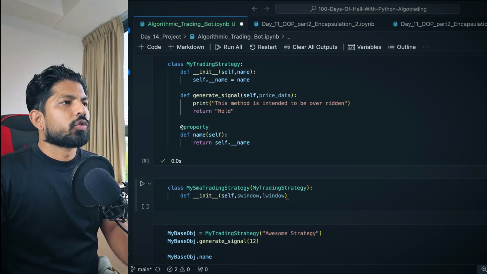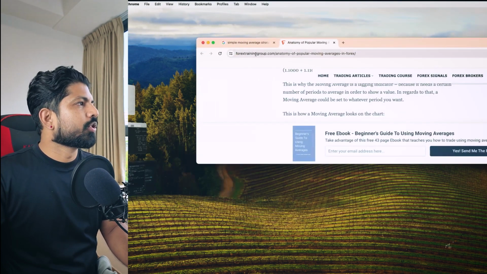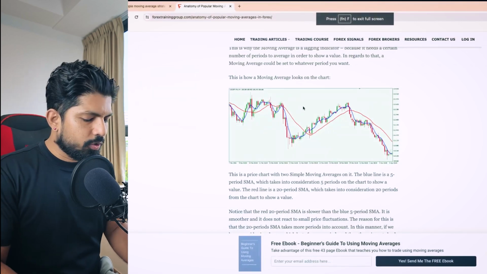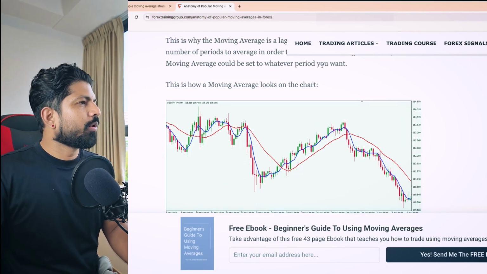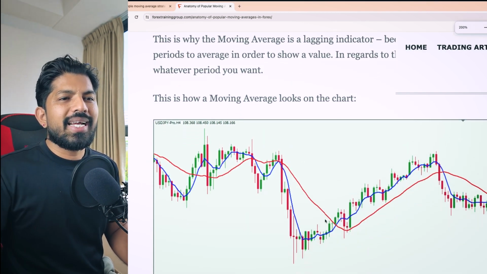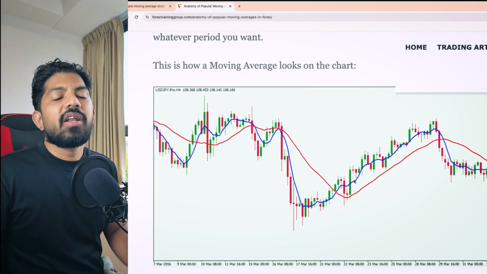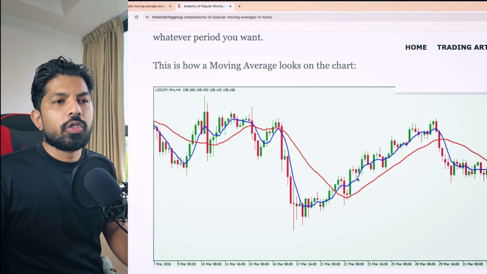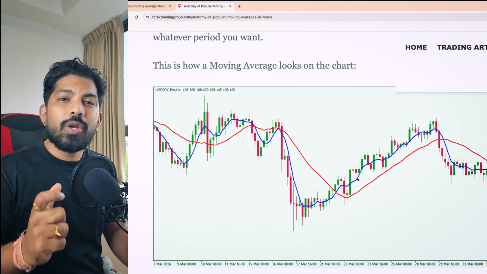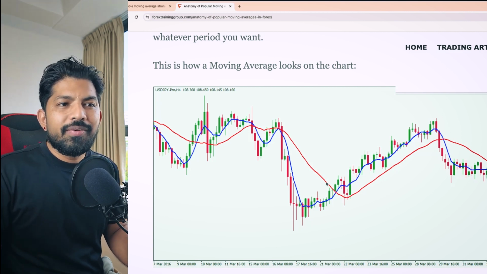What I did here, I randomly searched simple moving average, and let me show you what it is. Let me zoom it out a little bit. Hope you are able to see this. You can see here we have this chart, and inside this chart we have 2 lines. One is blue and another is red. Let's say I define this blue line as short window. Short window and long window means I want to calculate 2 averages. Short window, let's say for 3 bars, means it will calculate the previous 3 bars average. So let's say 1, 2, 3, and it will display here. Correct? That is the short window.